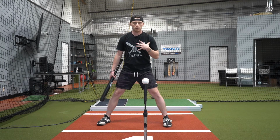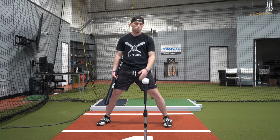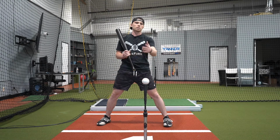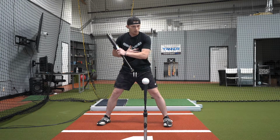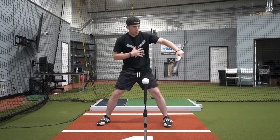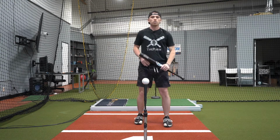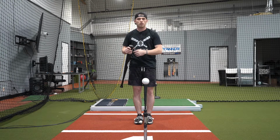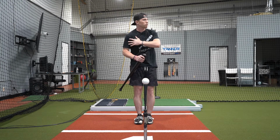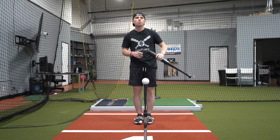Where you see a lot of people that decel the trunk, like Trout does a good job, like Tatis does a pretty good job. Castellanos does a pretty good job, where you'll see his upper body stop for a split second and his hands keep going. We call that a trunk decel. And also too, that really helps with hitters, like the trunk decel thought. Hitters keep from pulling their shoulder and their front side moving out,